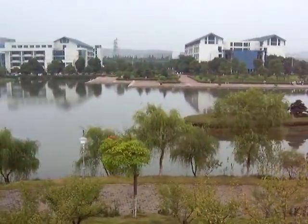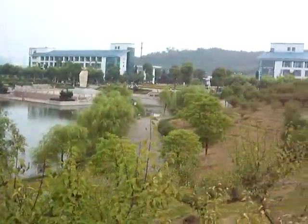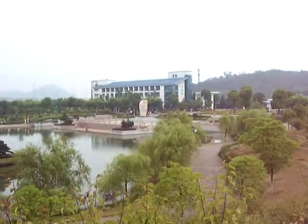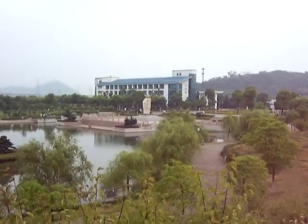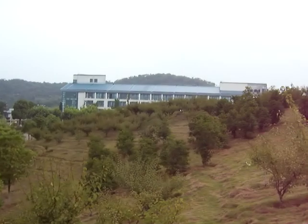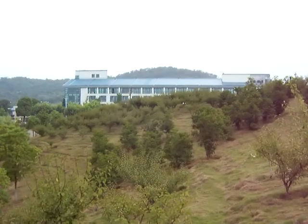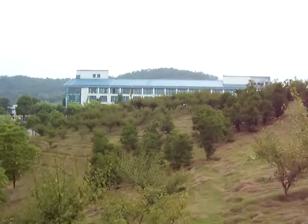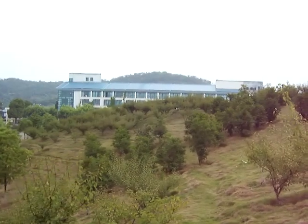You really need to use the buildings as landmarks rather than the man-made hills, but certainly I am standing on the biggest man-made hill. Over here you can see the administration building, which I have highlighted in a previous video but from a different angle, and beside that you can see it's kind of like a staff restaurant come conference center come college museum or institute museum,